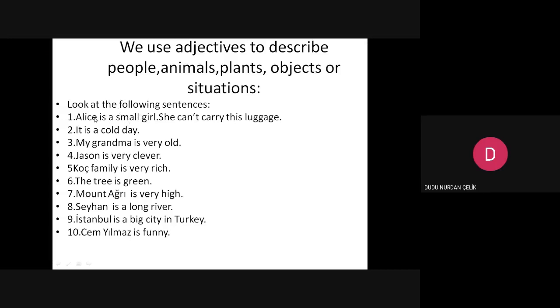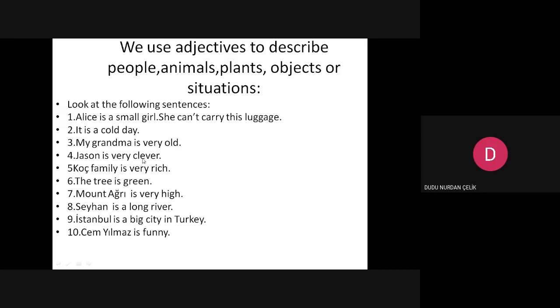I'm describing Alice. It's a cold day. We're describing a day. We're talking about a day and it's a cold day. Cold is an adjective. My grandma is very old. Describing my grandma and talking about her age. Very old. Old is an adjective.